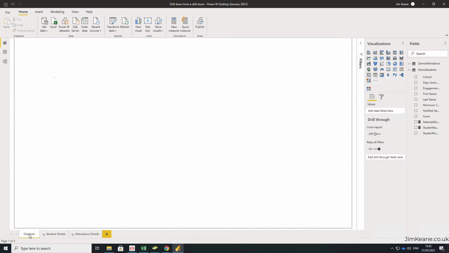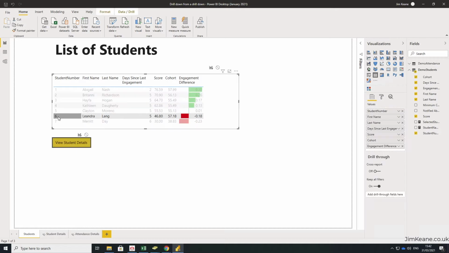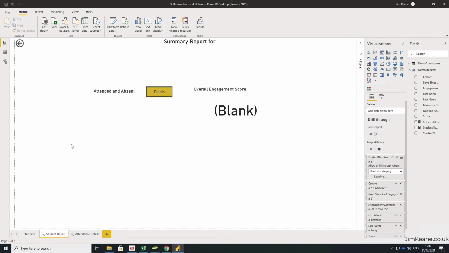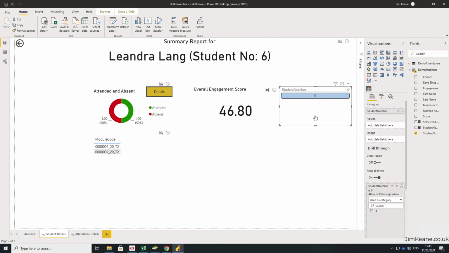Back to our list of students, and we'll do another drill through just to show you it doesn't affect anything. Click on my student, click on there, and there we can see it loads up. Adding the Chiclet slicer does add a slight delay to the load time. There's no way of getting away from that because it has to calculate and update this slicer. Don't be tempted to hide this slicer. If you hide this slicer, it'll stop updating, and then what you want it to do won't work.